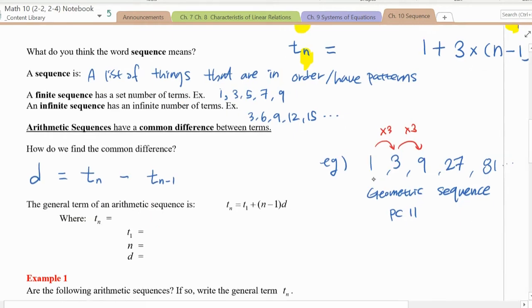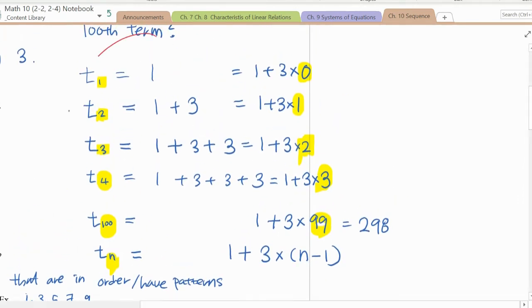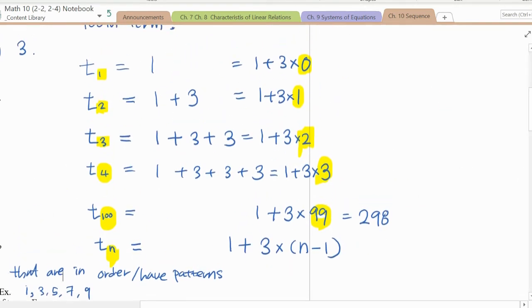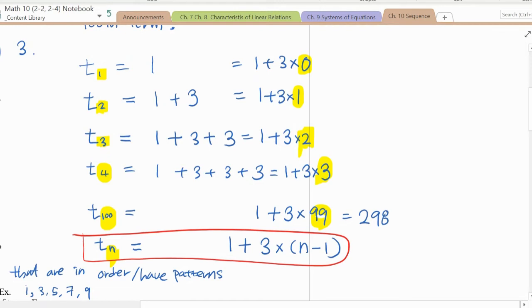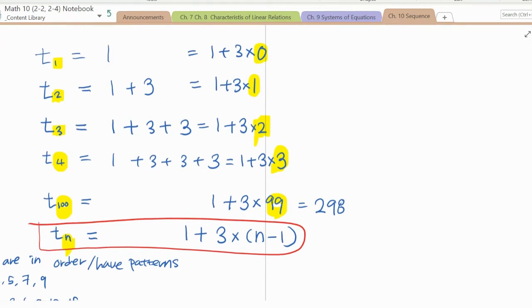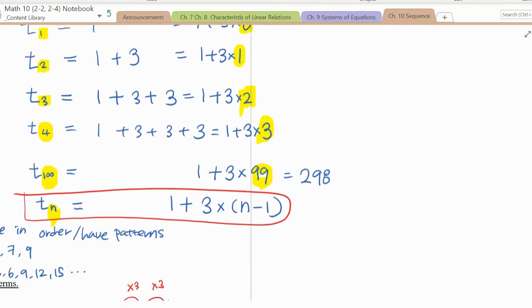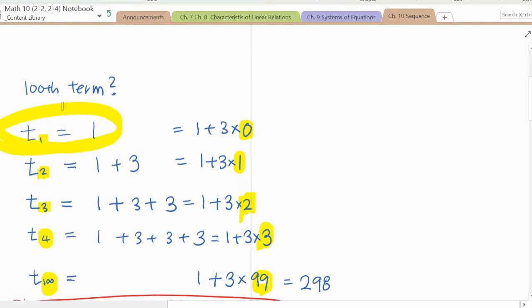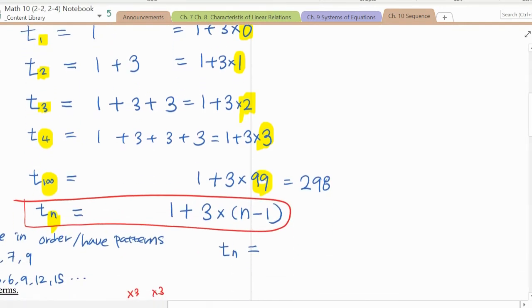Okay, before we move on, we're going to look at this one again. So we found the nth term. This is the general term, and we're going to generalize this. Here, we know Tn is the nth term, right? Tn equals, what about 1? 1 is the first term, right? Tn is always the first term plus